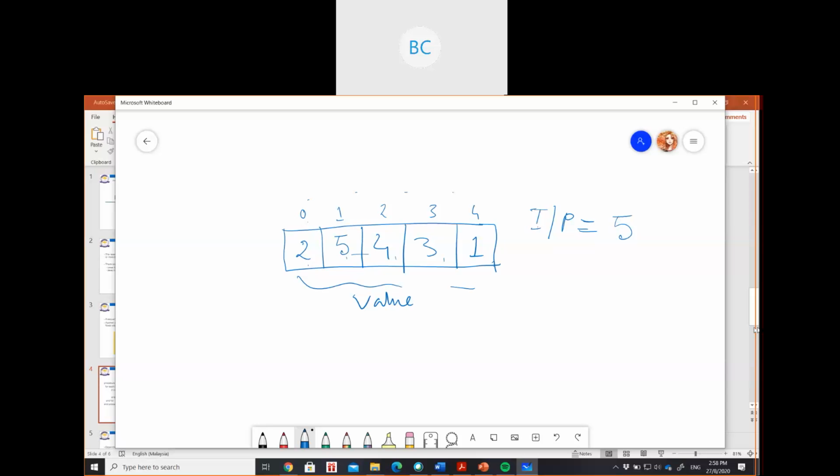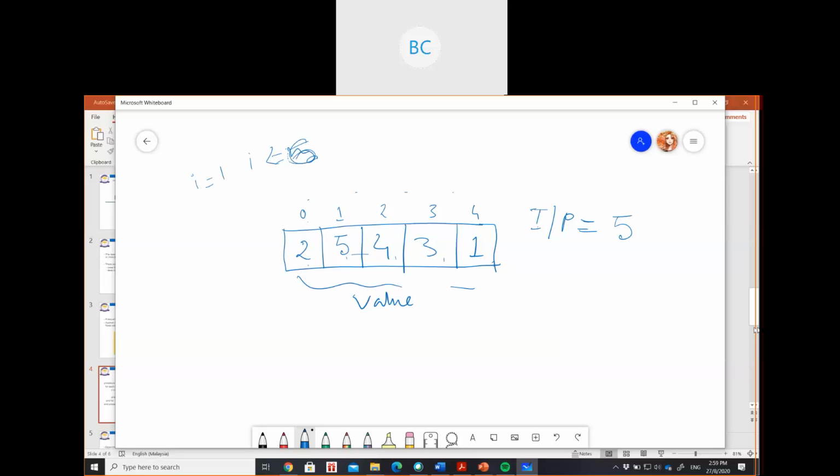Like in your for loop, when we write i equal to 1 and i less than or equal to n, if I write 5, it is not going to consider the fifth value, it will just consider 4. If you start from 1, you have to write less than or equal to, or if you want to write only less than, you need to put it as 6.